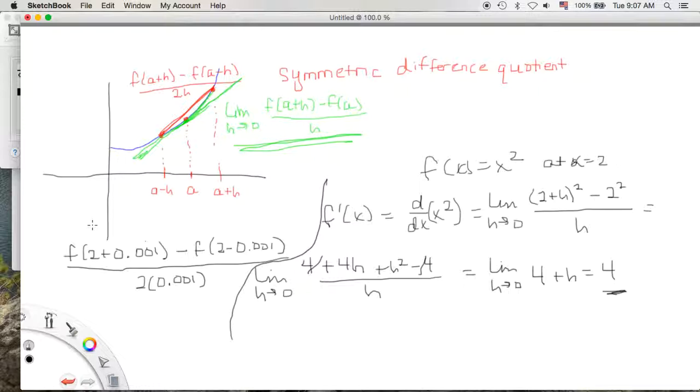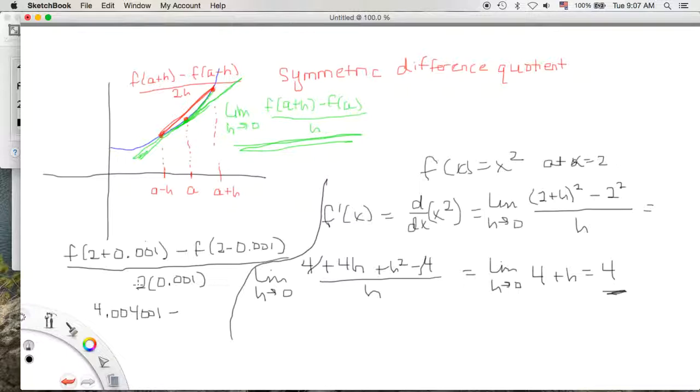Alright, so if we have that, we have 2 plus 0.001, and we square that, and we have 4.004001, and then